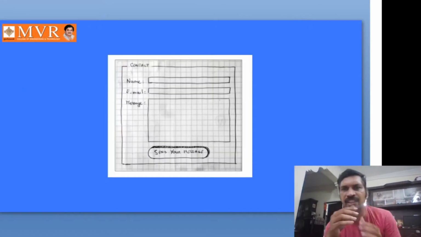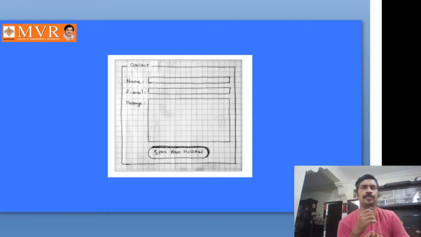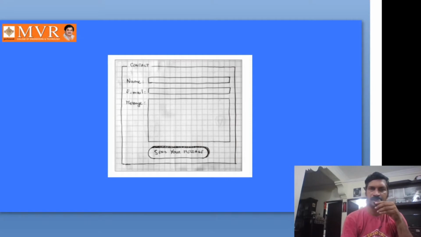We will design a form like that, a contact form. Now in this session, we will design two forms in HTML. First is the contact form, and the form looks like this. The second one, we will see what the next form is. Design a contact form, and for the other one, I will just give the outlook of that form. We will design another form here.